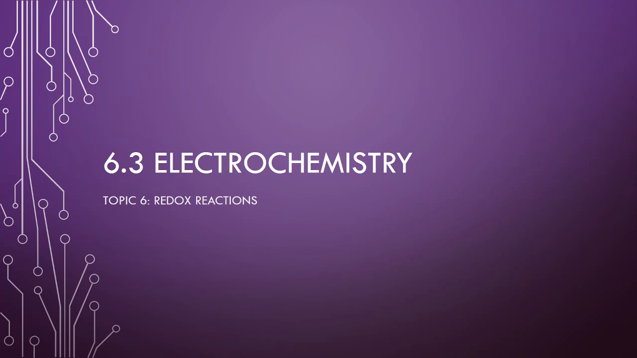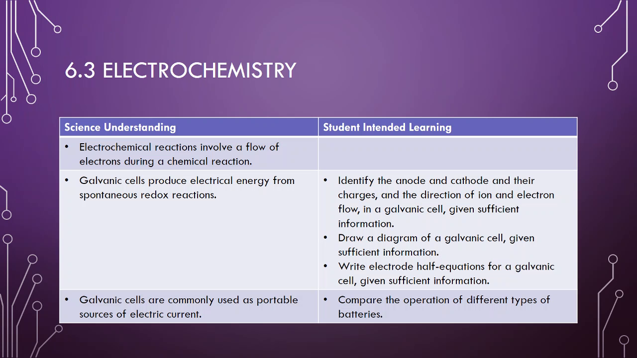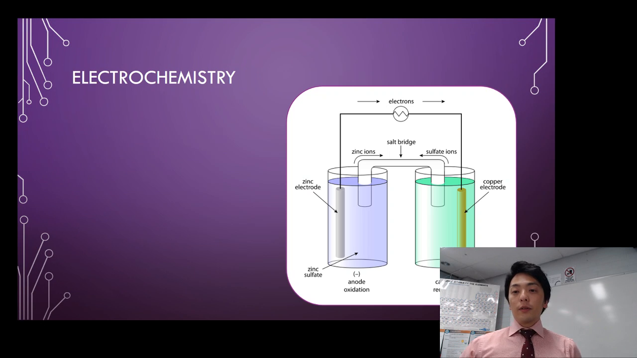Okay, welcome to subtopic 6.3 electrochemistry in topic 6 redox reactions. In this video, I'd like to cover the electrochemical reactions, which involve a flow of electrons during a chemical reaction. I want to establish what the galvanic cell is and what the components are. So, to establish what electrochemistry is and what galvanic cells do,